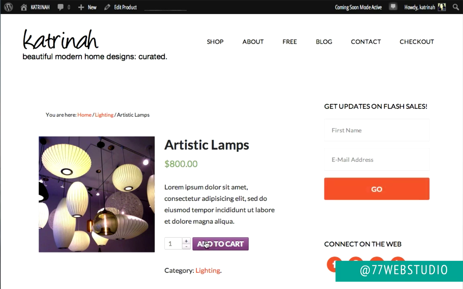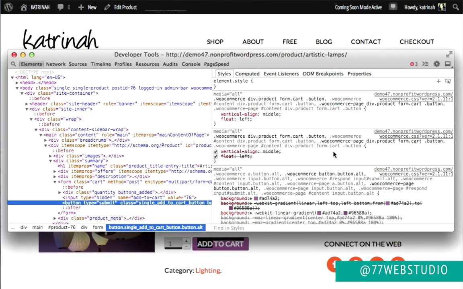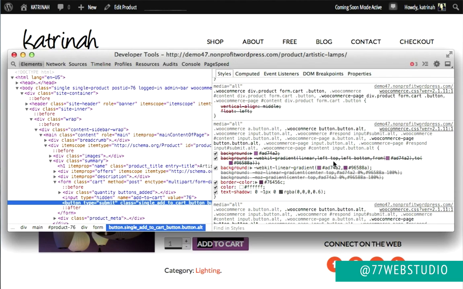So starting with the button, I'm going to hover over this item, click on the Control key on my Mac and click on the mouse. Then I'm going to open up Inspect Elements, and here we can see on the right hand side all the purple code that's creating this purple button. So I'm just going to replace each of these purple codes with my orange code right here.